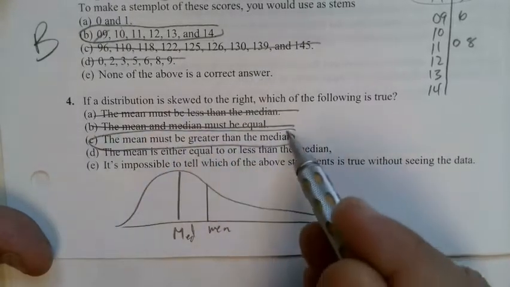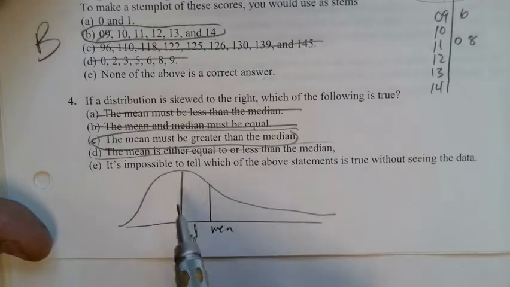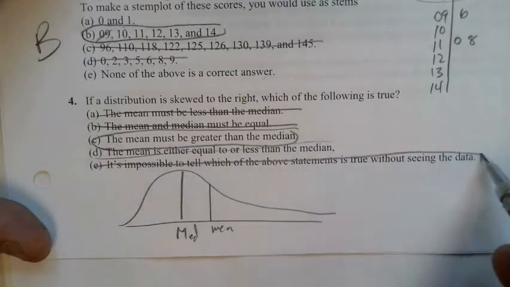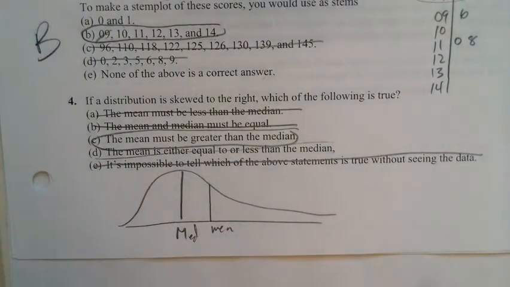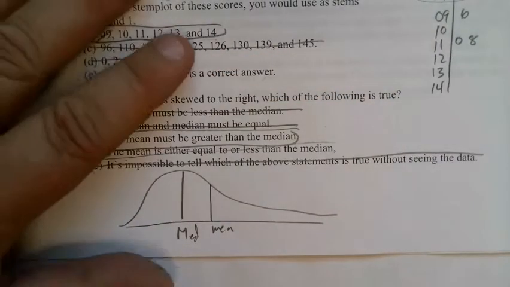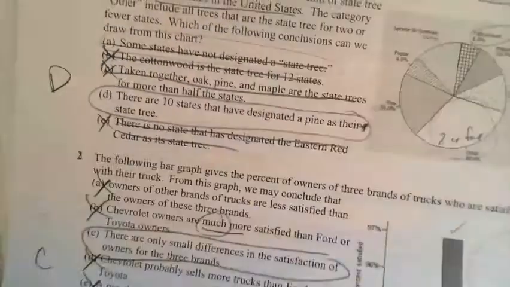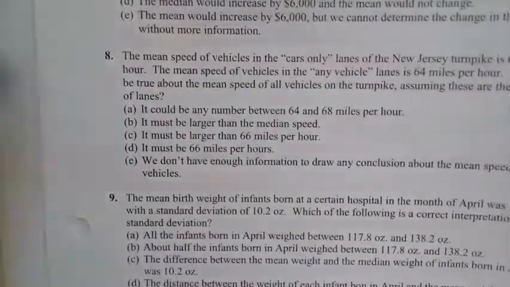That's it. I'm going to read my other answers. The mean is either equal to, nope, it's not. It is impossible to tell. Nope, bullpucky. I know that the mean is greater than the median. So it's going to be C. Okay, I hope I'm getting these all right. D, C, B, C. I'm going to real quick check these back here. D, C, B, C. Perfect. Oh, I don't feel so dumb.